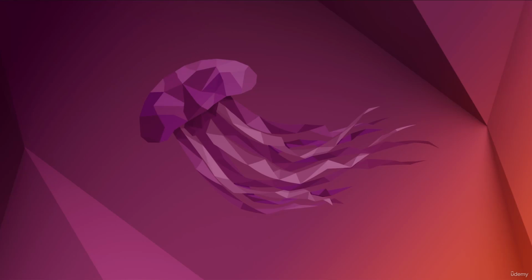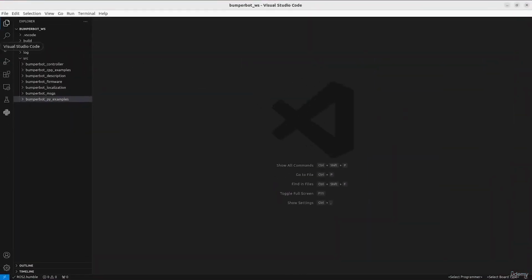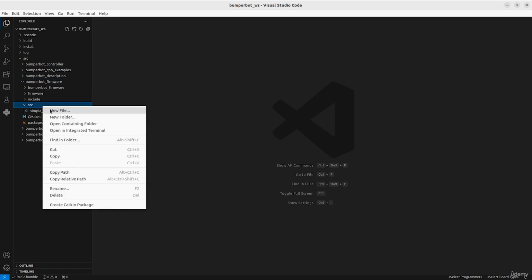In this laboratory lesson, we will develop a simple C++ node that listens for messages coming from the Arduino through the serial port and republish each new message that is received in a ROS2 topic. So let's go back to Visual Studio Code, and in the BumperBot firmware package in the source folder, let's create